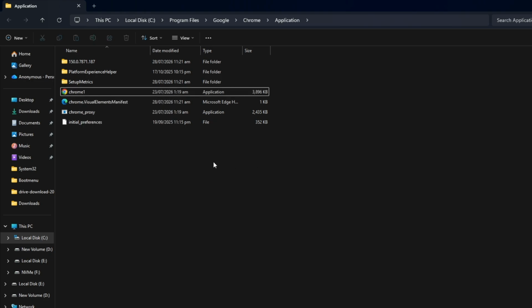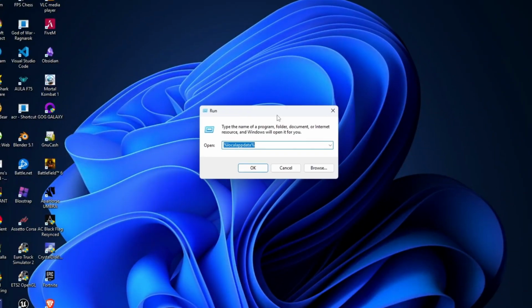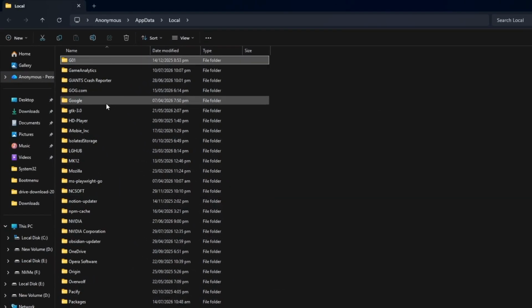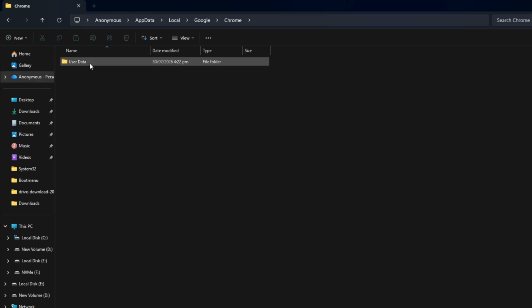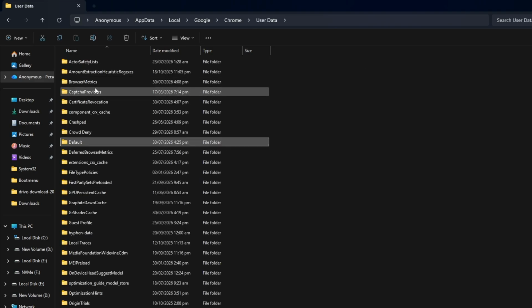If the problem continues, reset your Chrome user profile. Press Windows plus R, type %localappdata%, and press Enter. Open the Google folder, then Chrome, and then User Data. Find the folder named Default. Right-click it, and rename it to Default